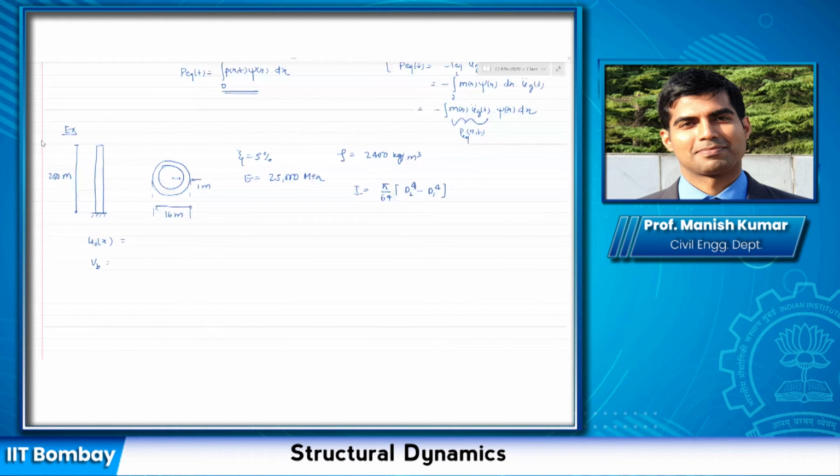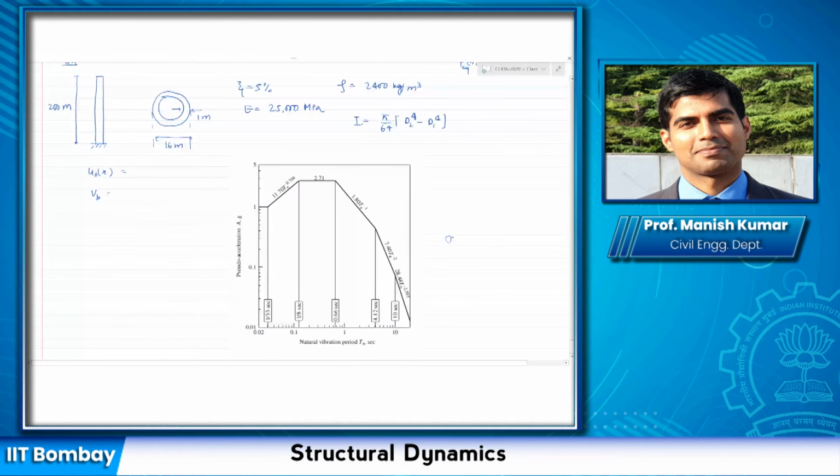So basically, to determine the peak response, this response spectra is scaled to 1 G PGA. You would need to scale it to 0.25 G, which would mean multiplying with the factor 0.25 G divided by 1 G, so basically multiply it with 0.25.